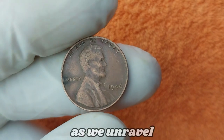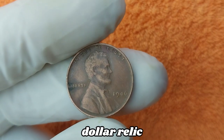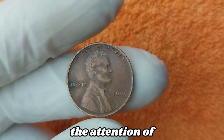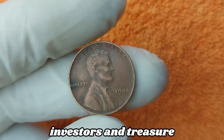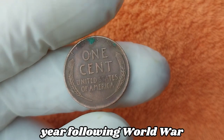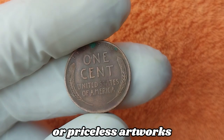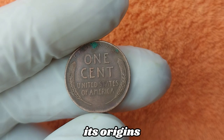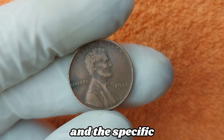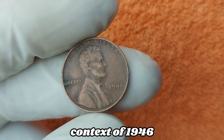So grab your seats as we unravel the full story behind this copper coin that transformed into a multi-million-dollar relic, a true miracle of minting, a once-in-a-lifetime error that has caught the attention of collectors, investors, and treasure hunters around the world. And to understand why a penny minted in the year following World War II could possibly be valued higher than many luxury homes or priceless artworks, we need to look closely at its origins, its composition, the history surrounding that year, and the specific mistakes that led to this coin's extraordinary value, beginning with the context of 1946